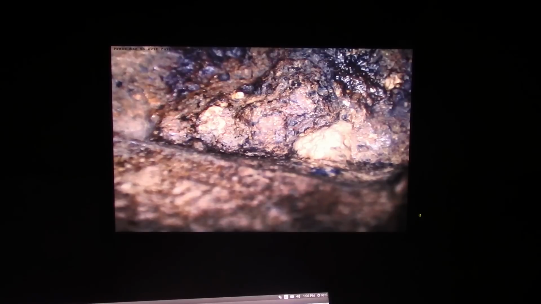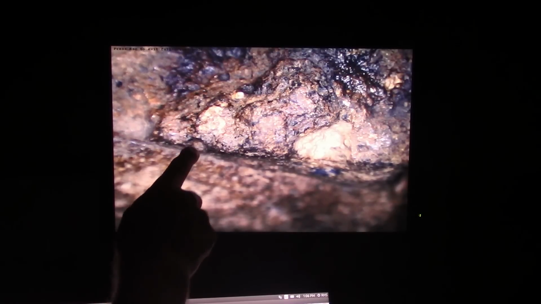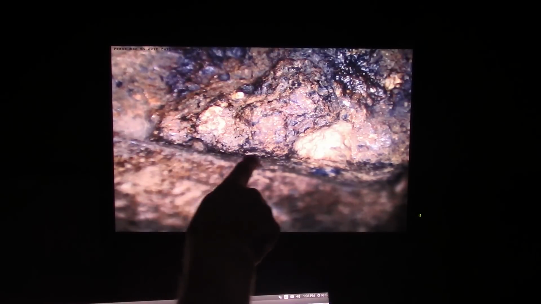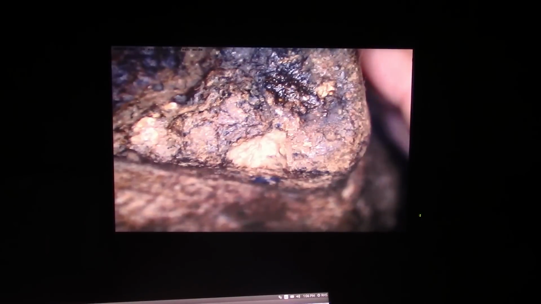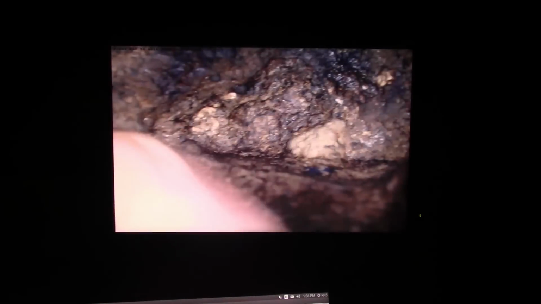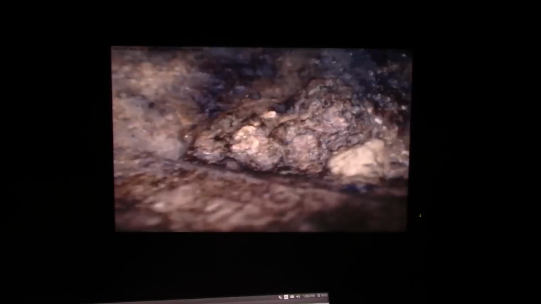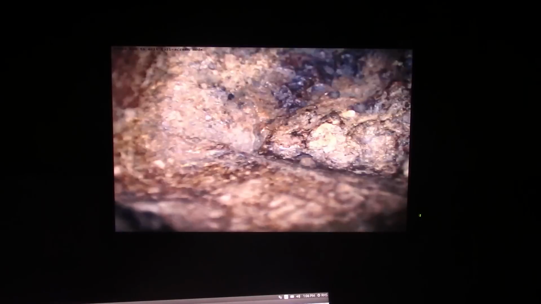All right, so that's the bone head. Now let me see if I can show you the bone. It's one little tiny piece of bone. Hold on. You see that? That's the one little tiny bit of bone that's left at the very, very bottom edge of the bone. See, this is the outside edge here. This is the very bottom edge of the bone. Those two little tiny white spots are what's left of the bone.